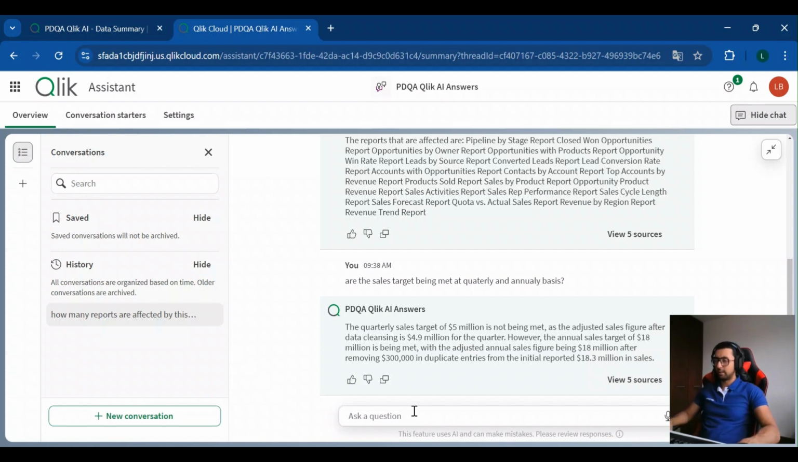Okay, so here appears something really interesting. We can see that before data quality cleansing, our data said that our sales target was being met. But after we remove these data duplicates, we can see that the quarterly sales are not being met because we are falling short